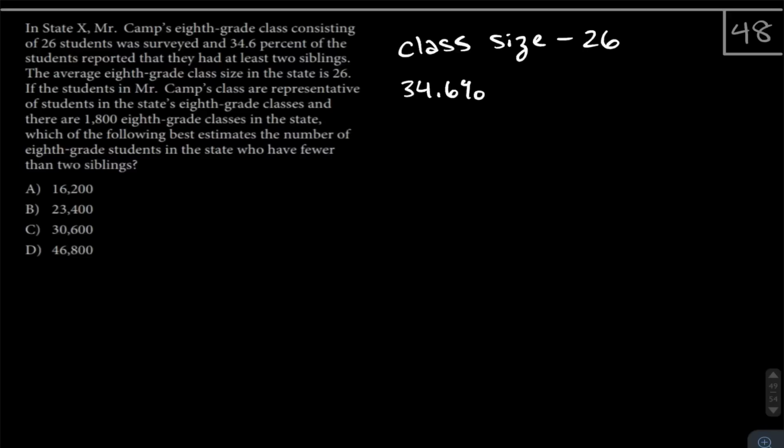34.6% of these students say that they have greater than or equal to 2 siblings. Okay, and so it says the average 8th grade class size in the state is 26. Okay, so it matches Mr. Camp's class size. If the students in Mr. Camp's class are representative of students in the state's 8th grade classes, and there are 1,800 8th grade classes in the state, okay, so 1,800 classes in the state,